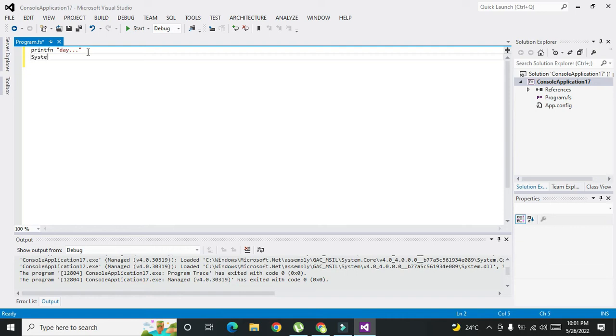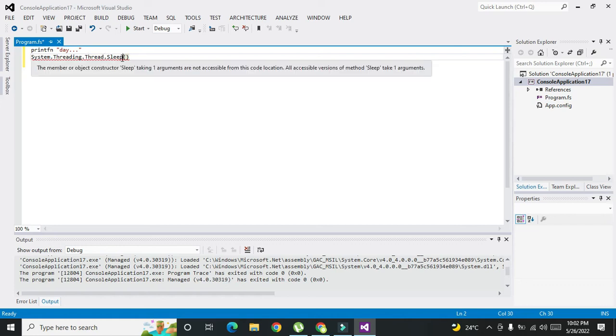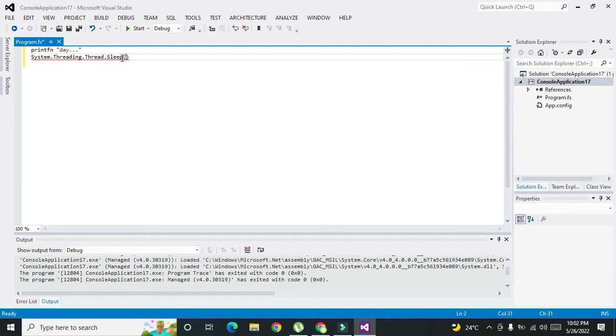And after this we want to create a delay. So we will write System.Threading.Thread.Sleep. Okay, Threading, yes, Thread.Sleep. Now we also need to give some sort of argument or parameter, and what sort of parameter? In the form of milliseconds. We will write here 2000 milliseconds, and this function, that is the Sleep function, which belongs to these classes Thread and Threading,